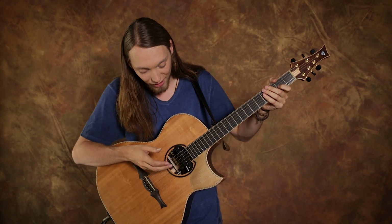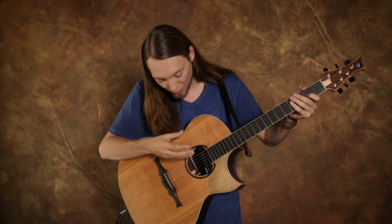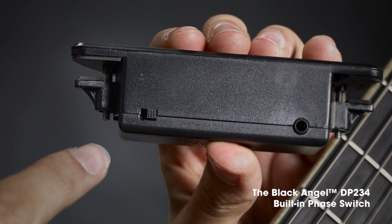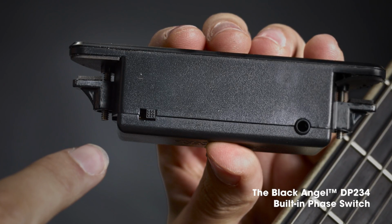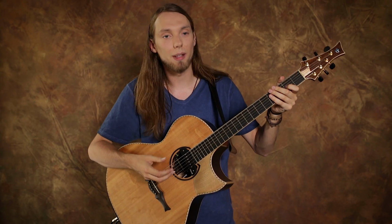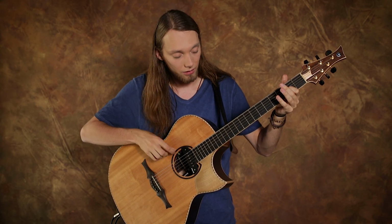So Nick and I got talking, and we decided to email the guys at DiMarzio. And Larry responded, and they've been so friendly and so willing to experiment that they actually added a phase switch to their pickup. And we've launched this pickup now together, the Black Angel. And just to give you an idea of how much of a difference this makes to a multiple pickup system, if I play a chord now and invert the phase,